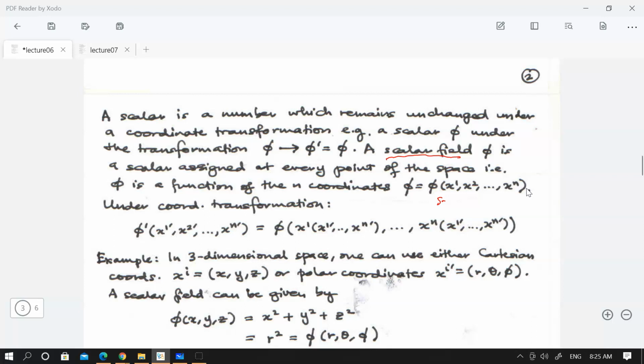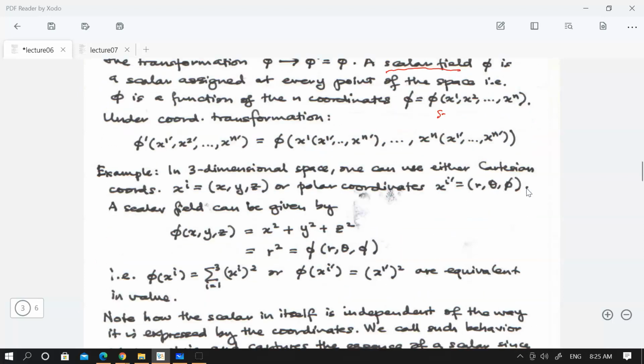Now, when I say the same, it doesn't mean the form is the same. We will look at this particular example over here. So I can talk about this three-dimensional space with xi being described by x, y, z, your Cartesian coordinates, and your xi dash is given by your spherical polar. Okay, and then I consider a scalar field,